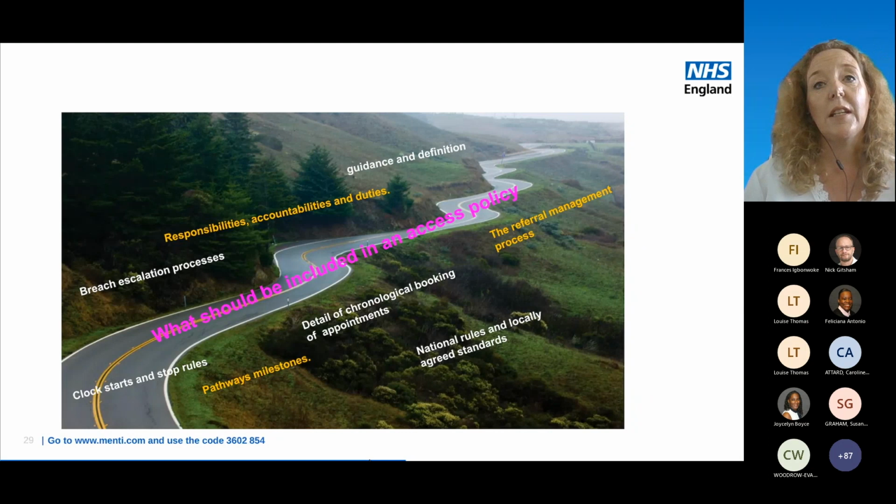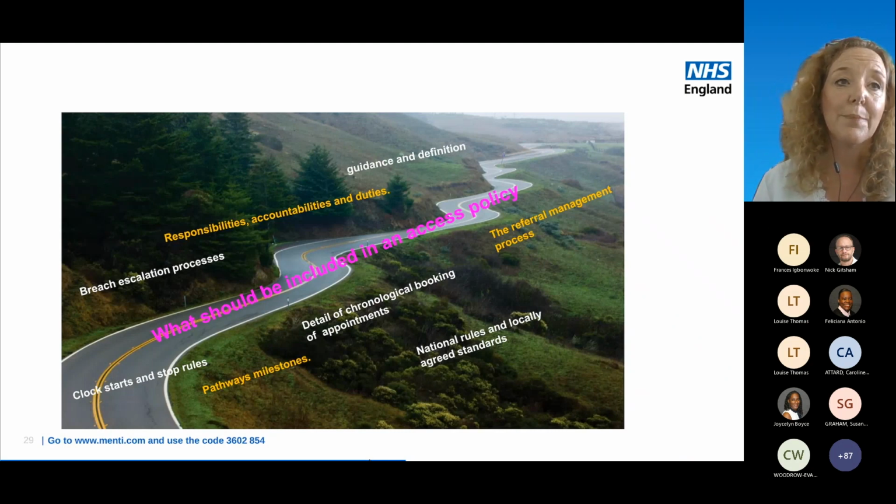Other essential elements need to include a section on the responsibilities, accountabilities and duties. This section should describe specific responsibilities of key staff and groups of staff within that. So two examples could be: a divisional general manager is accountable for implementing, monitoring and ensuring compliance with the policy, or from a team perspective, the BI team, the business intelligence team, is responsible for producing and maintaining regular reports to ensure services can accurately manage their pathways.